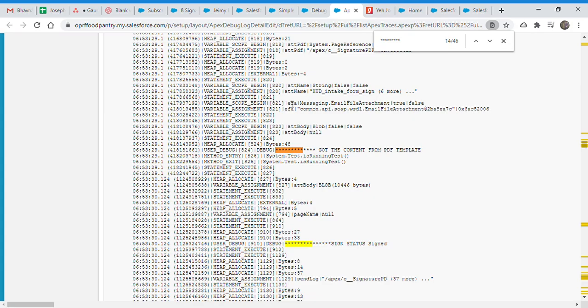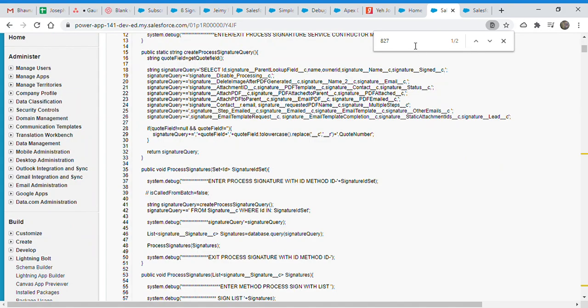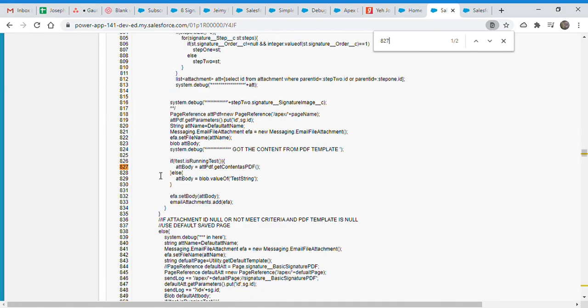So what I think is that at line 827 it returns blank; this getContentAsPDF does not work when we call the processing from the aura enabled method. And technically there are a lot of limitations on getContentAsPDF. First, it cannot be used in a trigger.